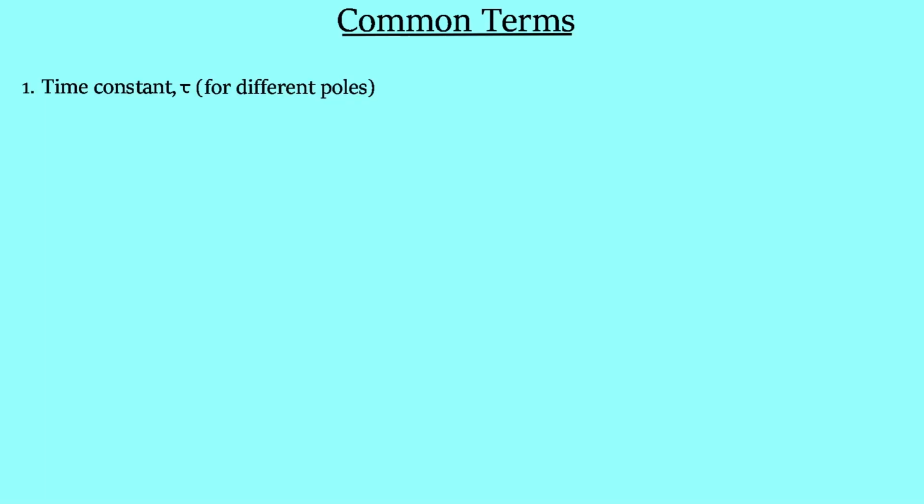We will cover a few topics which are very important. As a matter of fact, 70% of the concepts revolve more or less around these topics. The first term is time constant, which can be easily calculated with this formula: -1 divided by the real part of the pole. For example, consider a first order system with transfer function 1 upon s plus 2, then its time